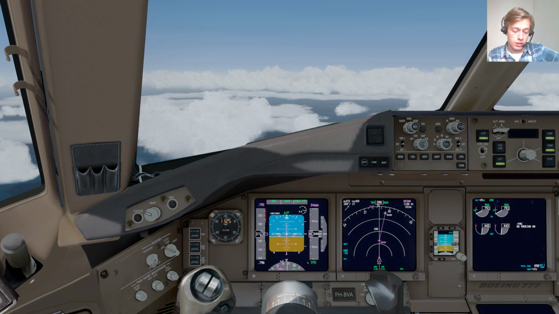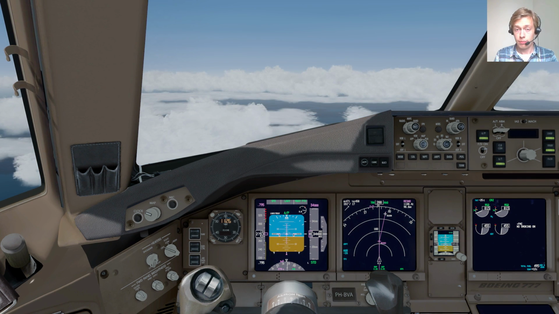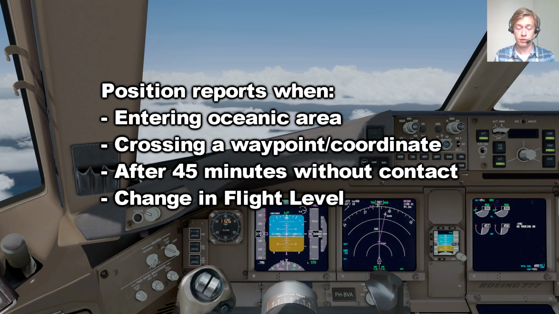Okay, so we're now closing in on waypoint Resno, and soon we'll get a handoff to Shanwick Oceanic controller, and then we have to do our first position report. So basically, position reports you have to do every time you enter a NAT track or cross a waypoint or coordinate along the NAT track. You have to do position reports every 45 minutes since the last contact. So if you have not passed a waypoint yet, but 45 minutes have passed, you have to do a position